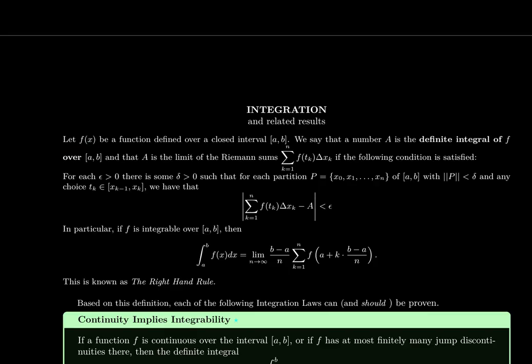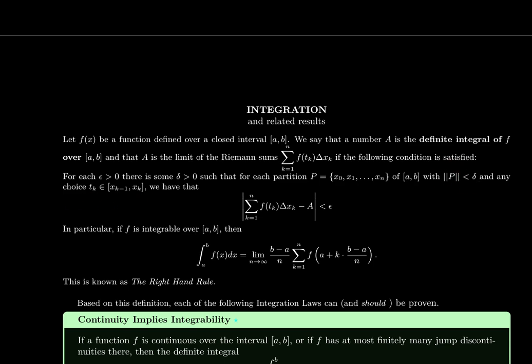So again, let f of x be a function defined over a closed interval a to b. We say that a number A is the definite integral of f over the interval a to b, and that A is the limit of the Riemann sum. So this is what I call a Riemann sum. Any sum of this form is called a Riemann sum. If the following condition is satisfied: for each epsilon greater than 0, there is some delta bigger than 0, such that for each partition P, which equals this thing, by the way, x sub 0 is equal to a, and x sub n is equal to b, of a to b, with the partition norm, and again, that's the length of the largest interval, less than delta,